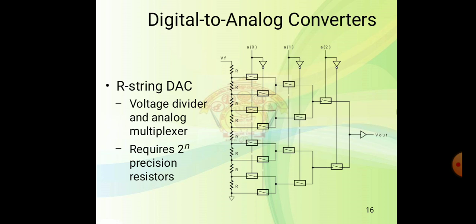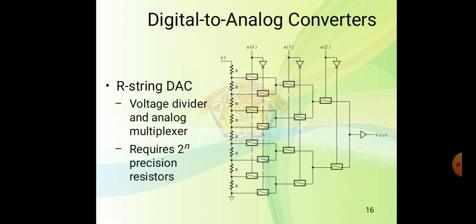The binary encoded digital input is used to drive a multiplexer formed from analog switches, selecting the voltage corresponding to the encoded number. The selected voltage is buffered using a unity gain analog amplifier to drive the final output voltage. This form of DAC works well for a small number of inputs, since it is possible to match the resistance to achieve good linearity. It is very simple to implement and useful for a small number of bits.